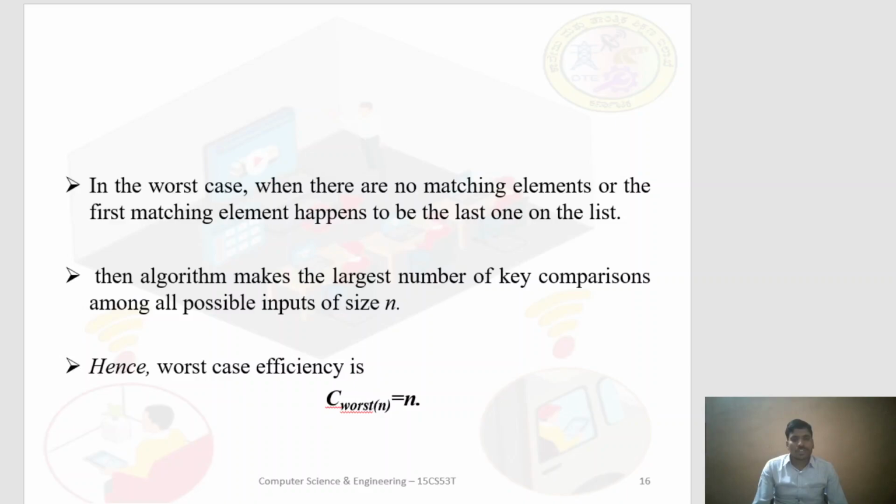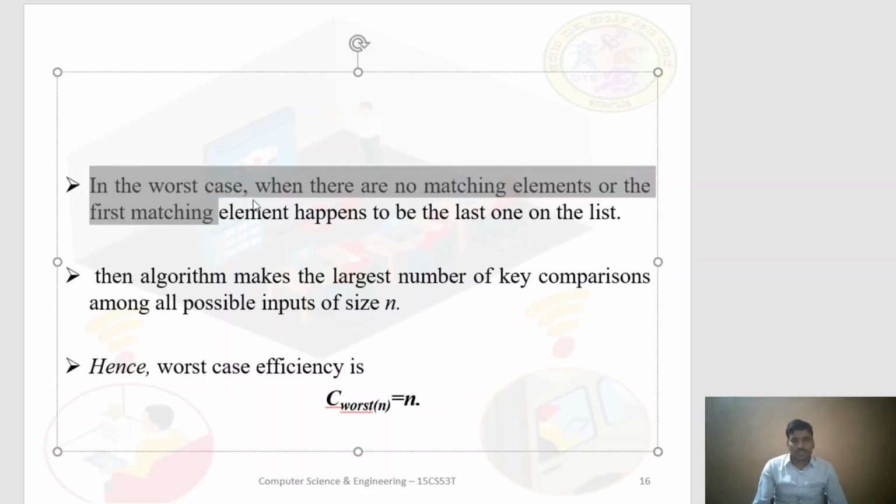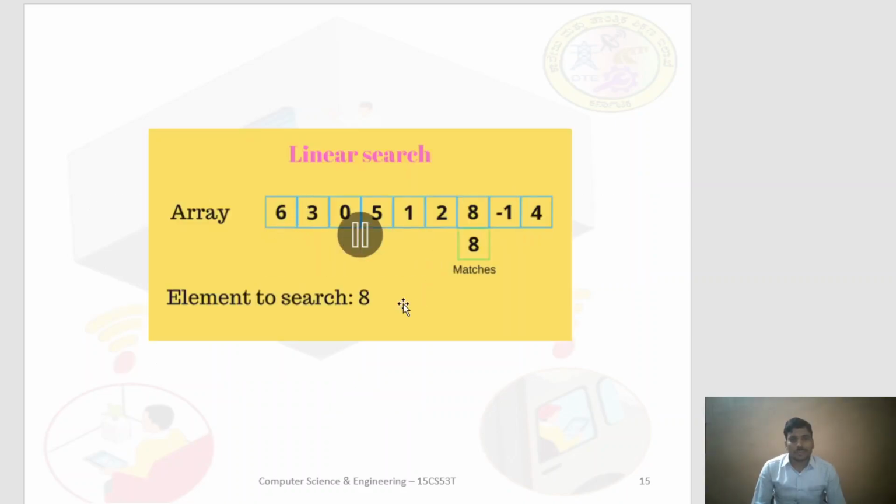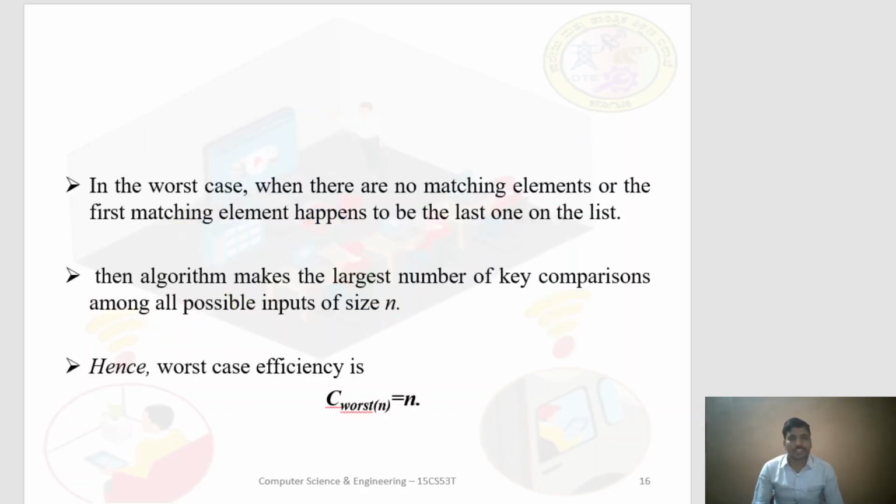Now let us discuss the worst case, best case and average case efficiency with respect to the sequential search algorithm. In the worst case, when there are no matching elements or the first matching element happens to be the last one on the list. For example, in the given array, consider the first matching element, if it is the last element in the array, or if there is no matching,